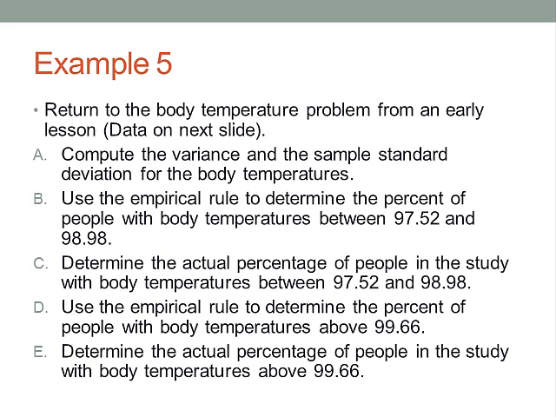Okay, example 5. Return to the body temperature problem. This is a great data set. I'm using it throughout. Compute the variance and sample standard deviation for the body temperature. And then B, use the empirical rule to determine the percent of people with body temperatures between 97.52 and 98.98. Determine the actual percentage of people in the study with body temperatures between those numbers. And then use the empirical rule to determine the percent of people with body temperature above 99.66, and then determine